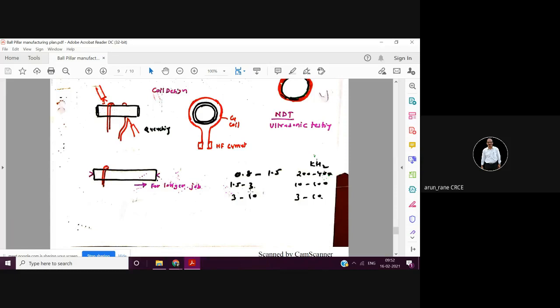Moment you go for more than 1.5 or 3 mm or 3 to 10, then why not do through hardening? Through hardening means complete hardening. Complete hardening means not the entire workpiece. Complete hardening means till center. That is what is called the through hardening. Surface hardening means it will get hardened only on the surface. Through hardening, or complete hardening, means it will get hardened till the center. So instead of going for more depth, through hardening is more easy.